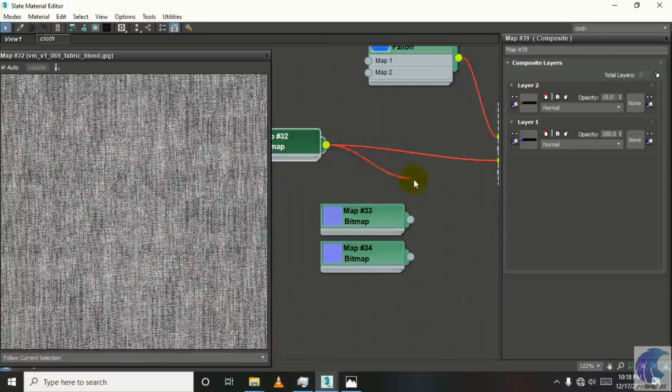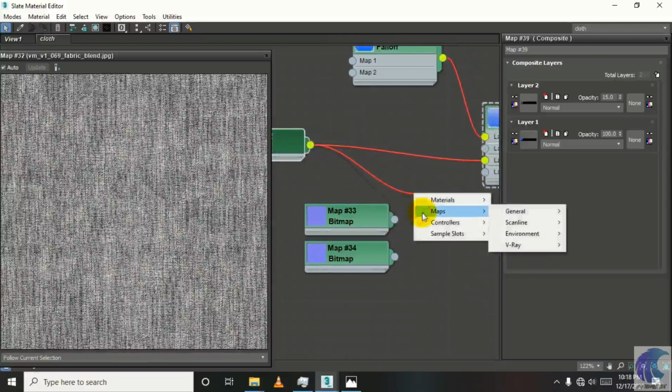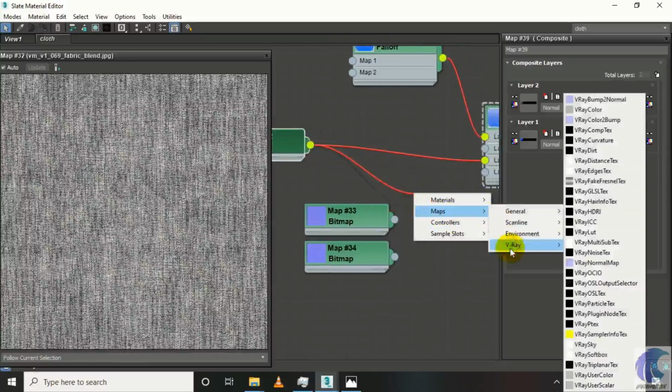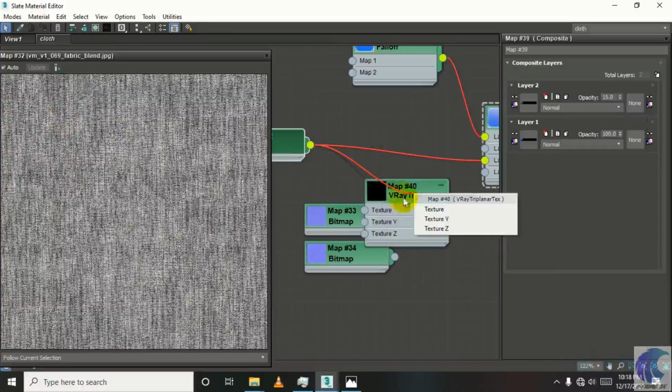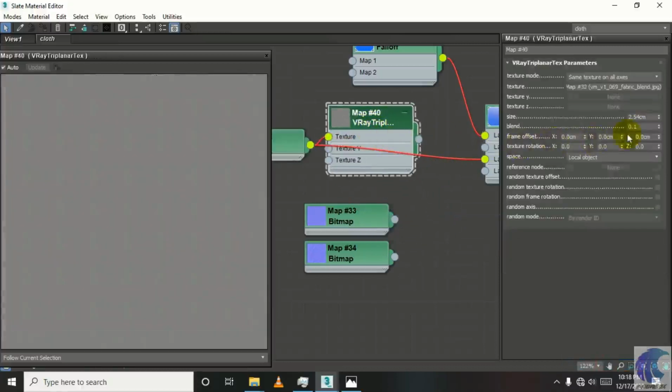Look at this. Drag a line from this, go maps, V-Ray, and V-Ray triplanar texture. Now using this triplanar texture, we can handle that big or huge appearance.